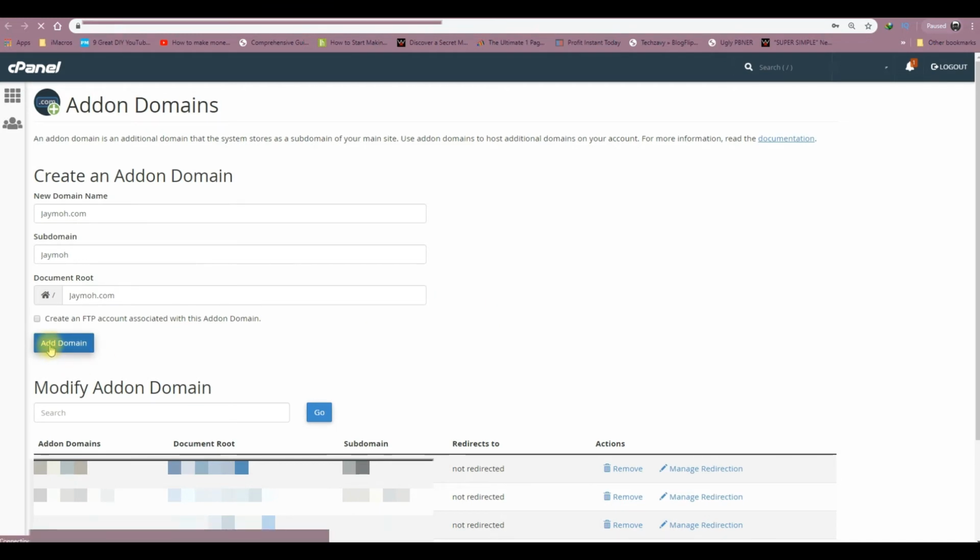So then add the domain. Let's wait for it to get added. You don't really need to mess with the root domains and all that. Just need to enter your domain in the domain name field, and that's it. The rest is taken care of.